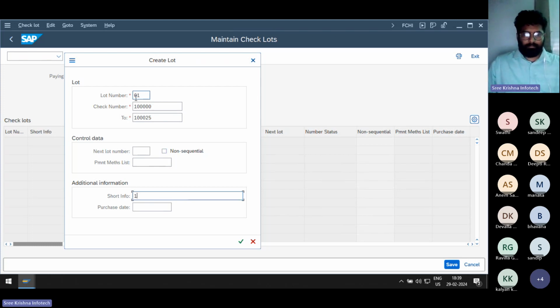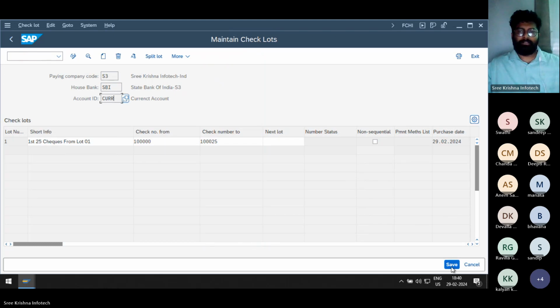The first 25 checks from lot number 1. It started on 29th February 2024. This is called your checkbook started date. Your checkbook is created. Now I'm going to use here FB